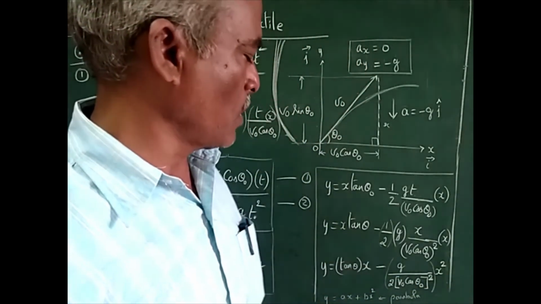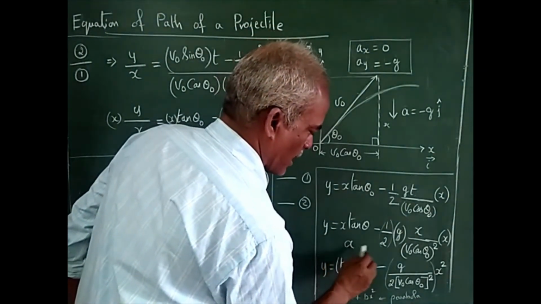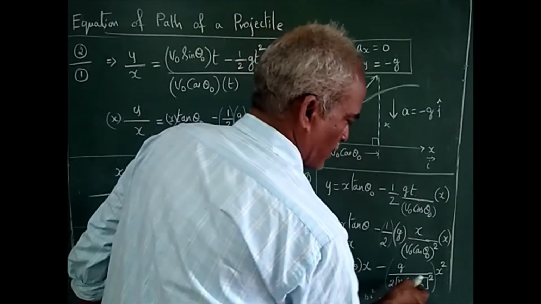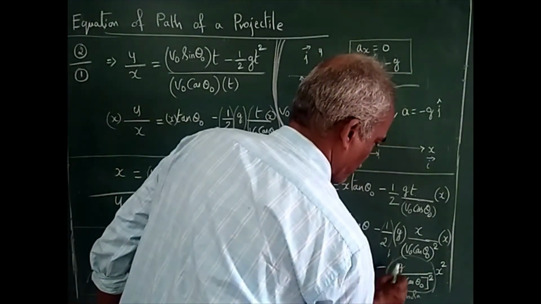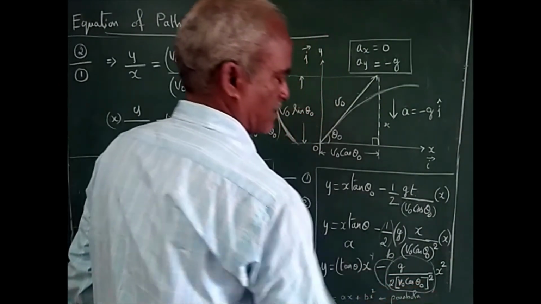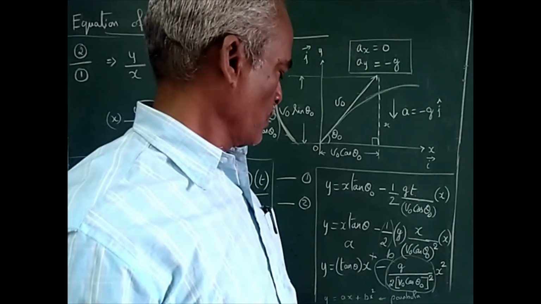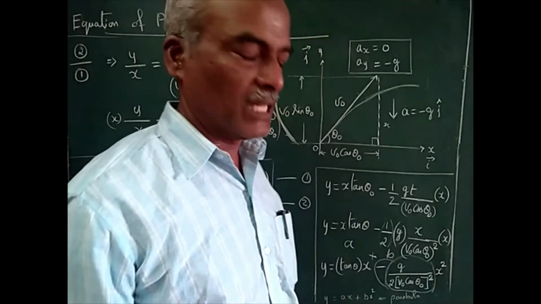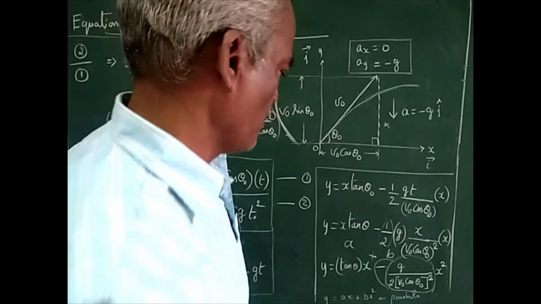Now if you carefully watch, this tan theta can be viewed as some constant a times x, plus this whole term can be viewed as b, including this minus sign, it is b. That we can write this as plus. Plus into minus will be minus. Therefore, it is of the form y is equal to ax plus bx square, which is nothing but the equation of the parabola. That is the final equation.